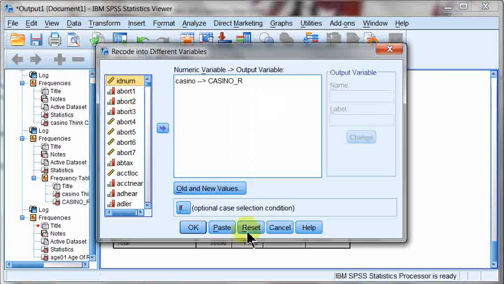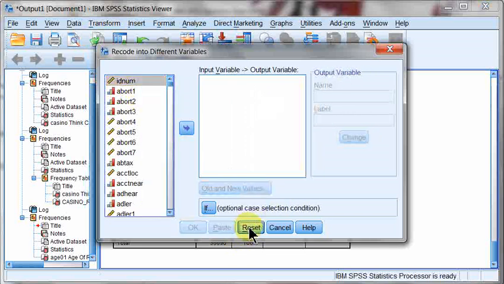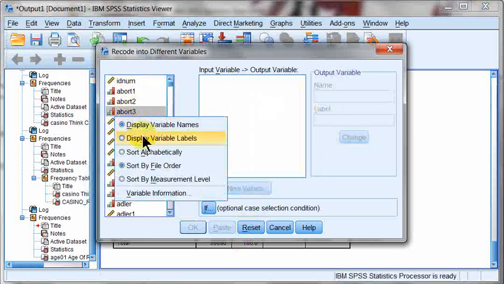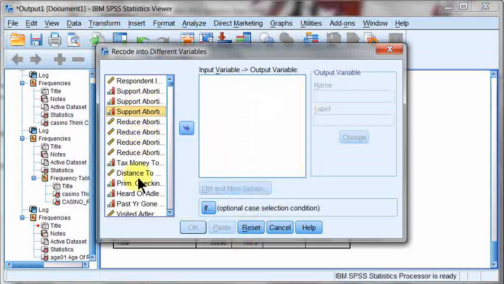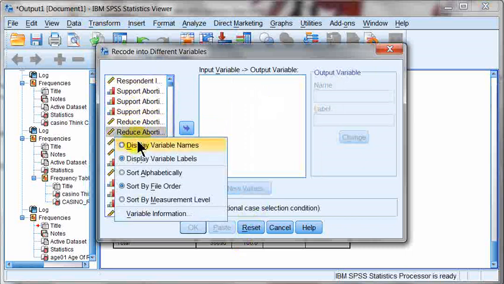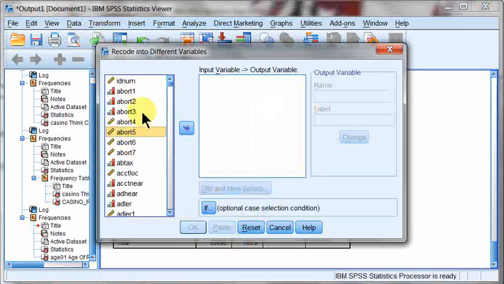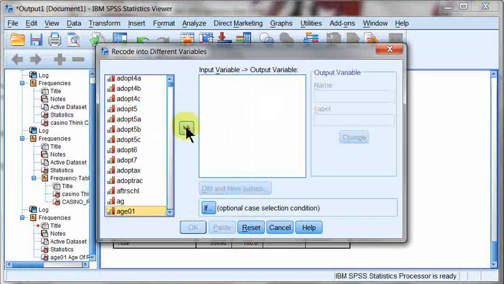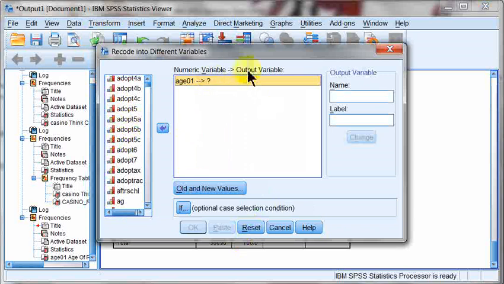This is going to pop up a little command here. I'm just going to reset this from anything that I had before. Like I said in my other tutorials, if you're on default settings, you're going to have the variable labels listed right here. I find it easier to work with the variable names, so right-click, display variable names if you don't have that already set by default. I'm going to look for age in my list, bring it over,